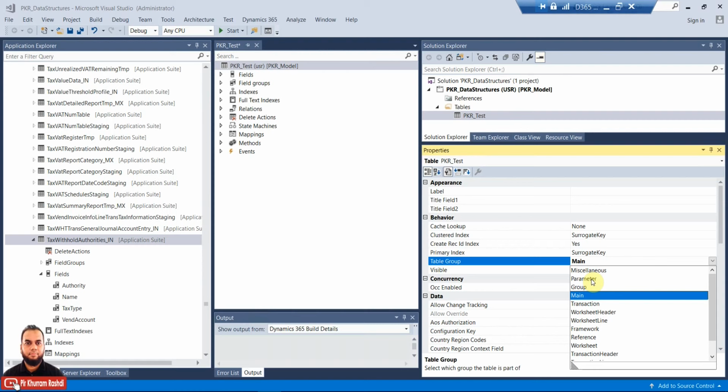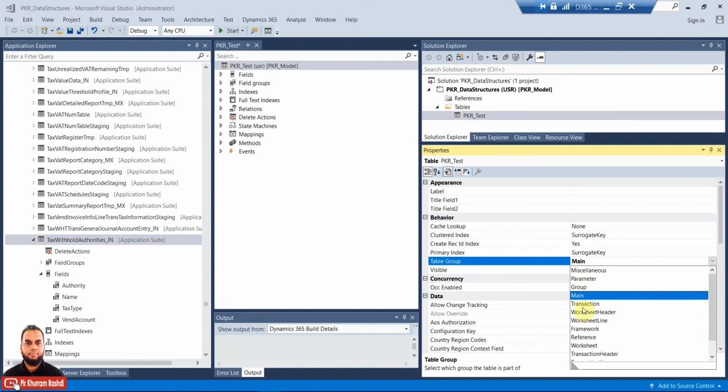So this table group will have the table group property of parameter, and then there is group, which will hold fewer fields, just like a classification of a list, like vendor group, customer group, item group, property group, or vehicle group or vehicle classification. The main list will hold the value of main in that case, like a vehicle table, vendor table, customer table, or invent table having the item master information. So until now we have explained four things.